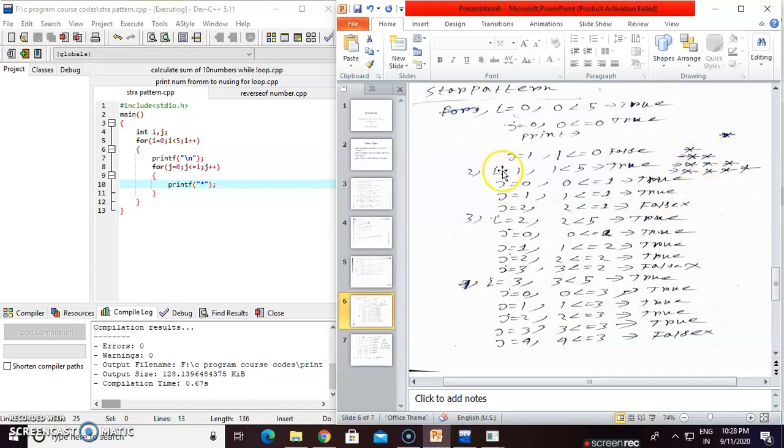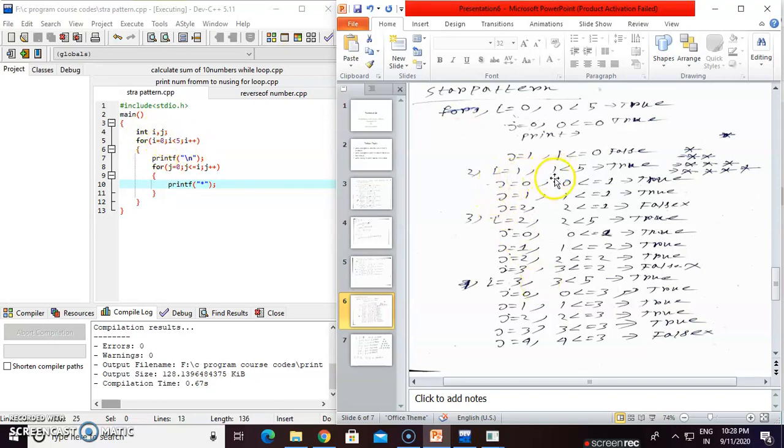Again, go to the increment of j. j plus plus, j is incremented, j becomes 1. Then the condition is checked: j less than or equal to i means 1 less than or equal to the i value, which is 0. 1 less than or equal to 0. No, the condition is false. Then escape this j loop, go to the first for loop, the main for loop. Increment i, i plus plus, i becomes 1.